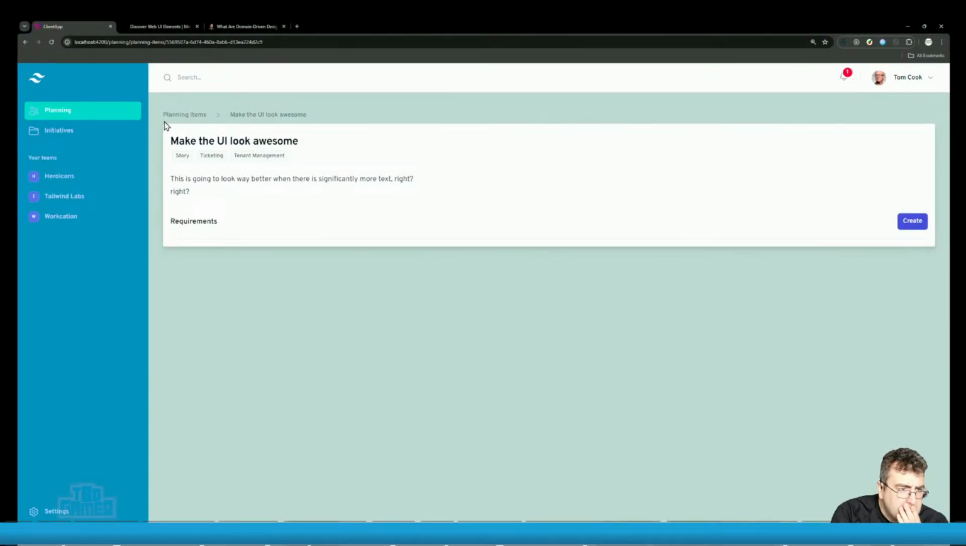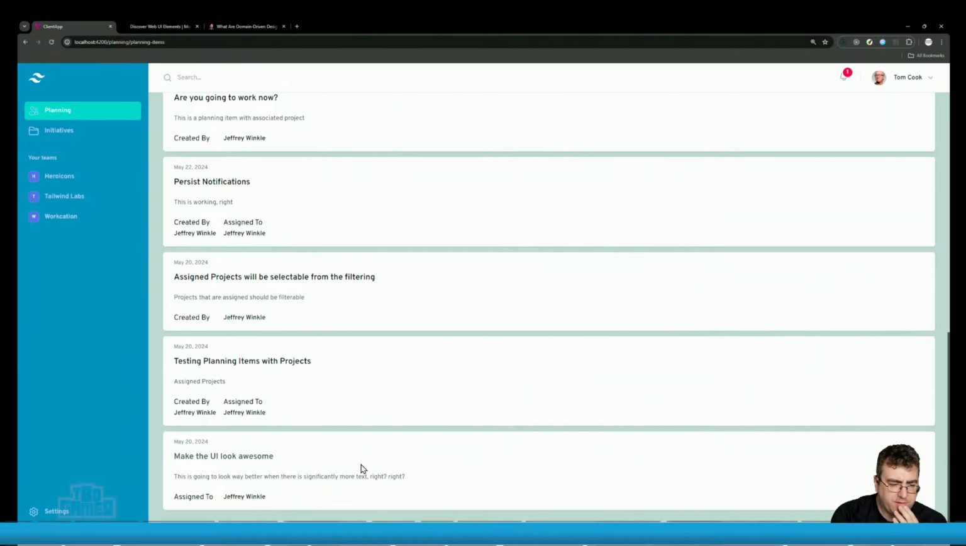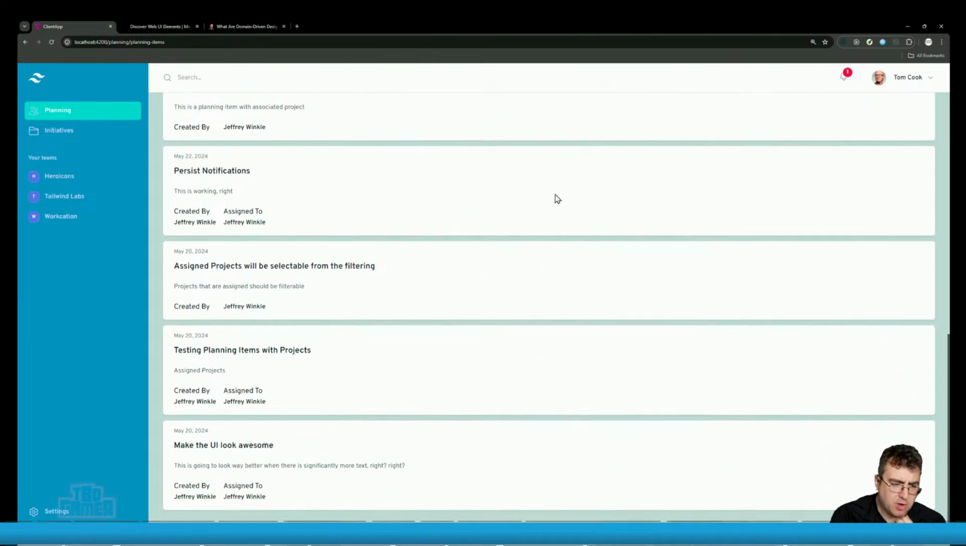So the goal is to be able to filter these. So you can say, okay, I want to see all planning items in tenant management. I want to see all unassociated. I want to see all ticketing, etc. All that are ticketing and tenant management, etc. So